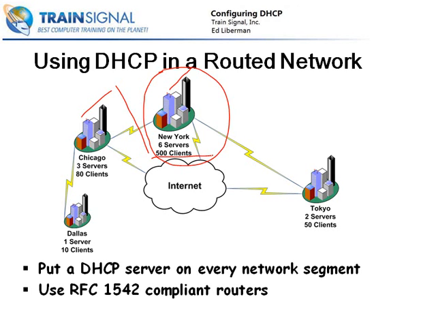So, if you have RFC 1542 compliant routers, which I will tell you essentially all of today's routers are compliant, then you can simply use those, and then the DHCP broadcasts that are being made from one segment would be heard by another segment. Now, if you don't have or don't want to implement RFC 1542 compliant routers, there is a third choice. That third choice is to implement something called a DHCP relay agent. Now, a DHCP relay agent is